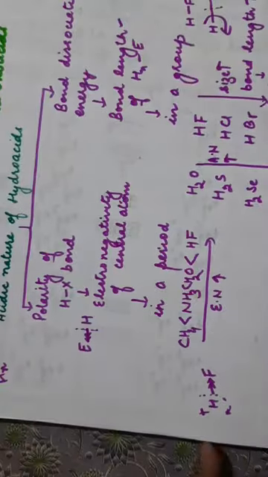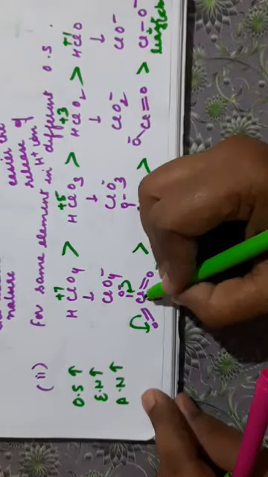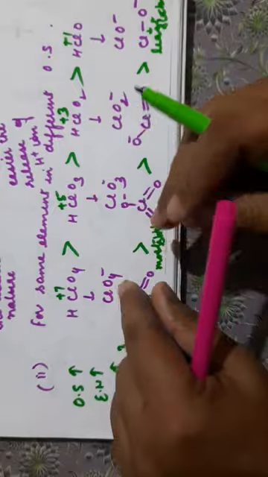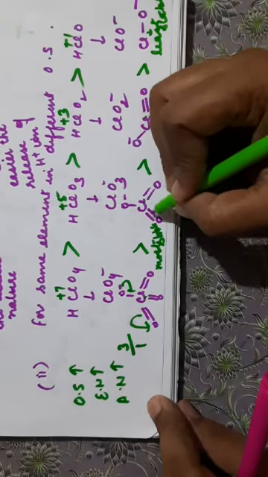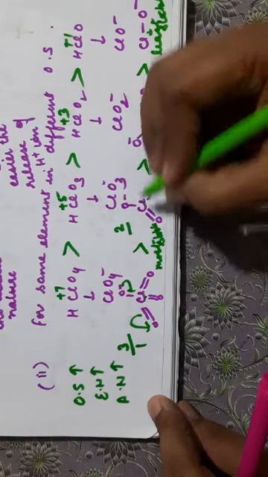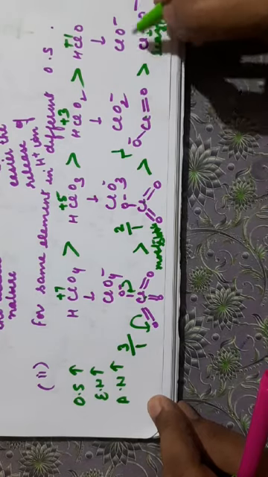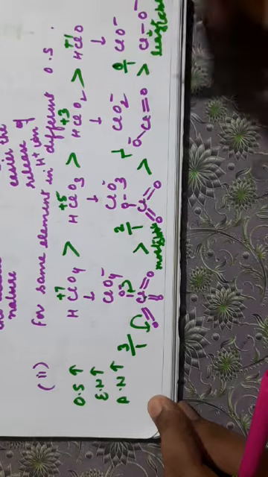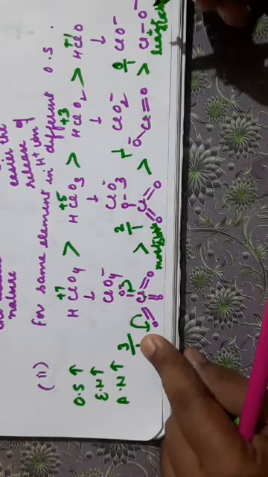You can take it in this example also. I have done this example. HClO4, now calculate here. The number of ClO bonds is 3. The OH bond is 1. Here ClO bond is 2, OH bond is 1. Here 1 by 1, and here 0 by 1. So it is decreasing in this order. Decreasing in this order means the acidic strength will decrease.